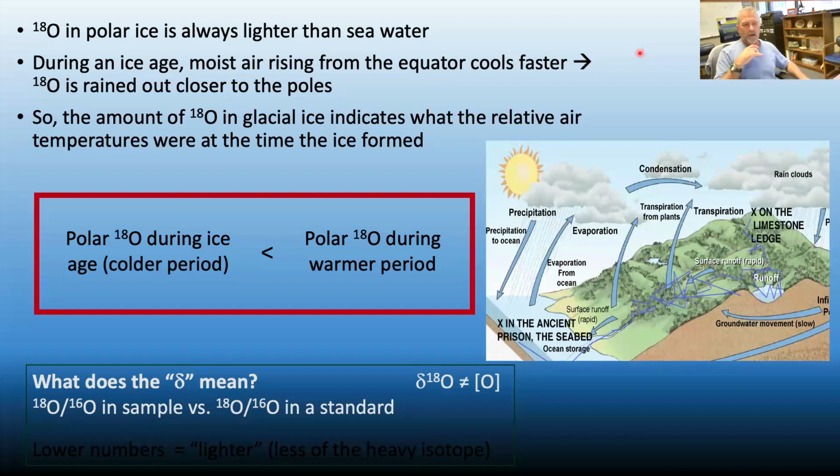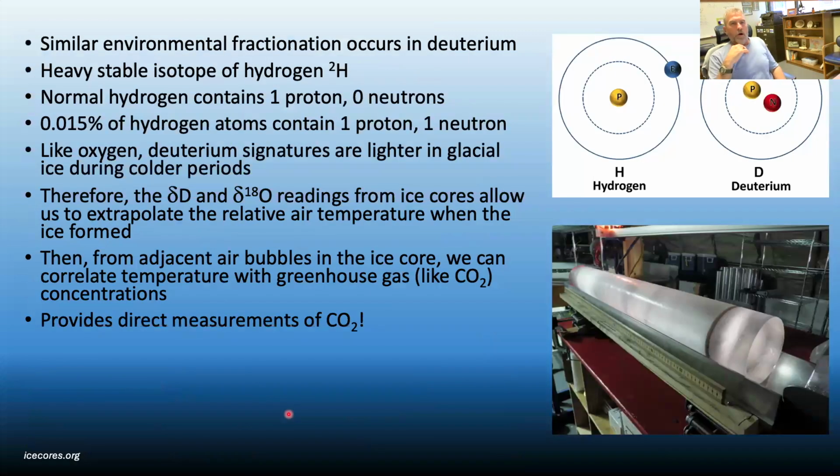So I probably should have put this in an earlier slide, but I've used this symbol a few times, right? And what I'm referring to here, again, probably something you saw in your chemistry classes, essentially represents the ratio in samples of oxygen 18 to oxygen 16 versus the standard in seawater. Okay, so that's what that difference is.